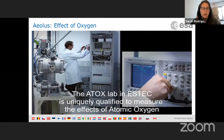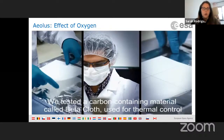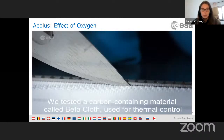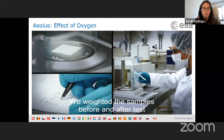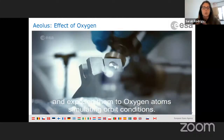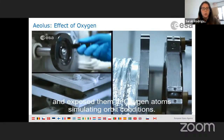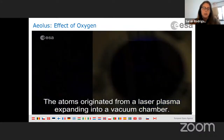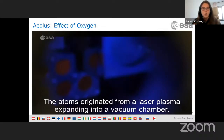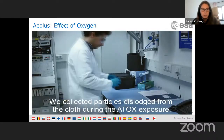We created an ATOX lab, which is uniquely qualified to measure the effects of ATOX. We tested a carbon-containing material that is used for thermal control. First, we weighed the samples before and after the test, and we exposed them to oxygen atoms, simulating orbit conditions. The atoms originate in a laser plasma, and after the exposure, we collected some particles that had fallen on the plate during